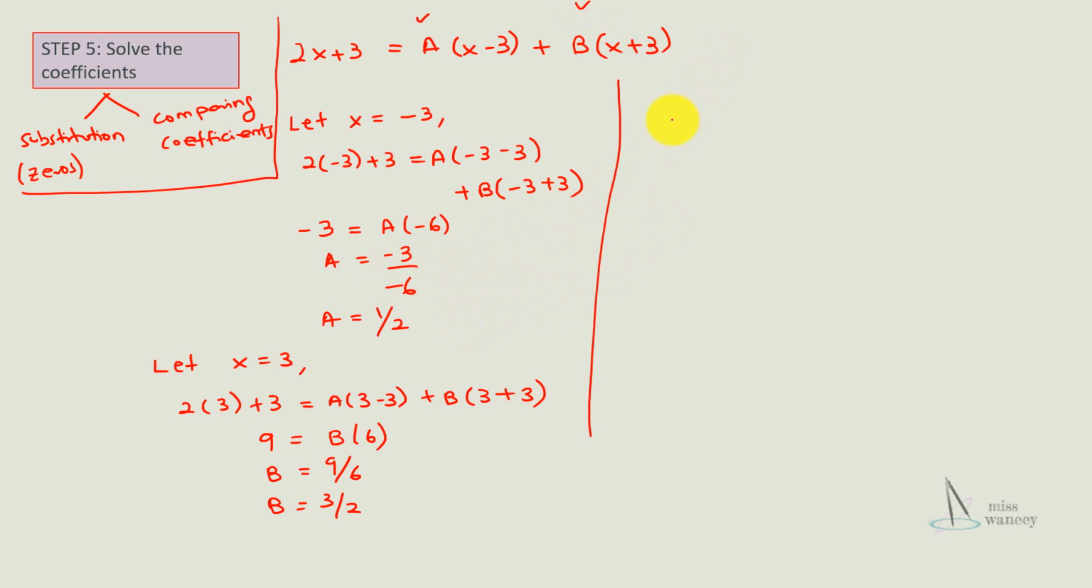Of course, you can use comparing coefficients as well. To use comparing coefficients, you got to expand them a little bit. So 2x plus 3 equal to ax minus 3a plus bx plus 3b. Make sure you simplify a little bit. So (a plus b)x plus (-3a plus 3b). So this is 2x plus 3. Okay, so by comparing coefficients,